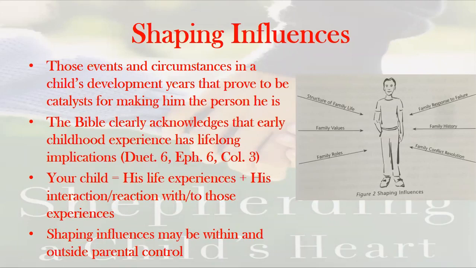Okay, and we'll look at them in a little bit more detail, and you can see this little picture on the right there, which talks about some of those shaping influences, right? Like the structure of the family life, or the family values that the child grows with, or the roles in the family, or how the family responds to failure in their life, or the history of the family. What are the different circumstances and the events that happen in the family life? How does a family resolve conflicts in their lives? And the Bible,